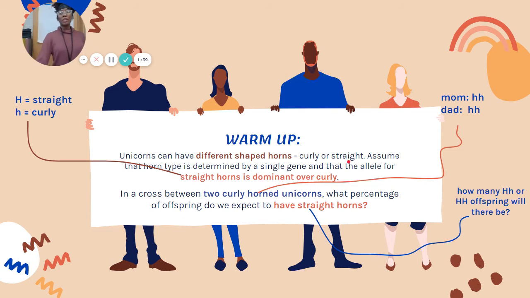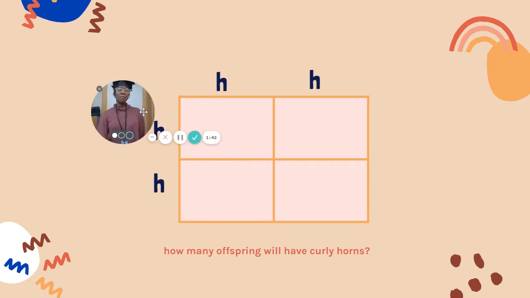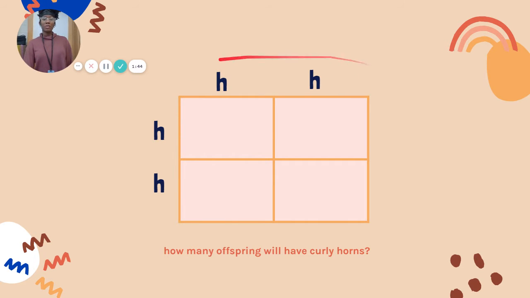So let's go ahead and set up our Punnett square. We're going to use the mom and the dad genotypes, and then we're going to find out the children's phenotypes. We all already know how to do this, but just in case you might have somehow not remembered how to do that,